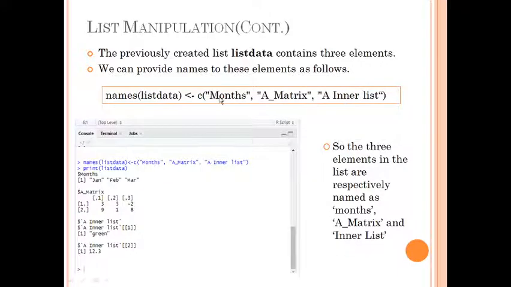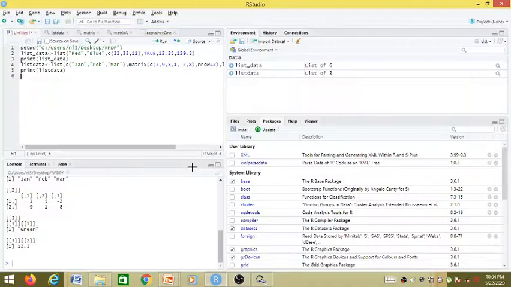So if we want to give them names, we can use the names function. The syntax is like this: names function, the name of the list to which we want to give the names, and as a vector we can provide the list of the names. Let's do it in RStudio.